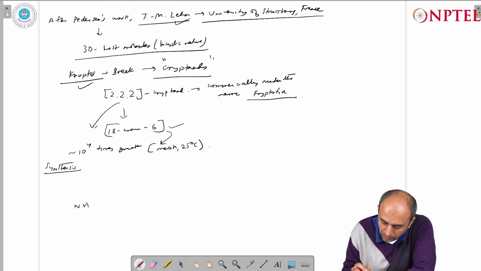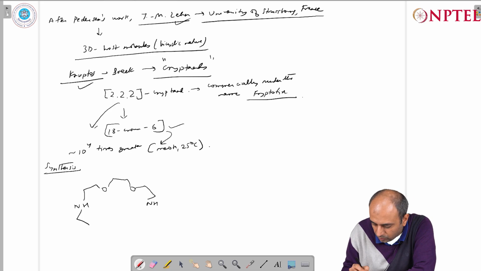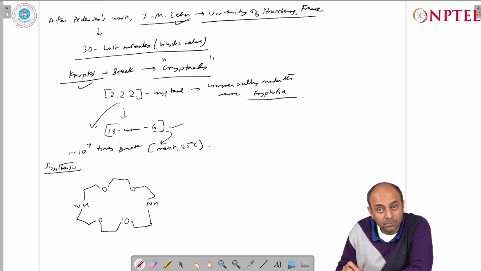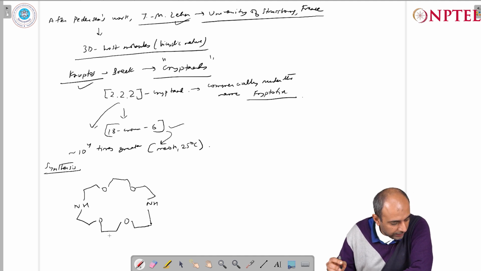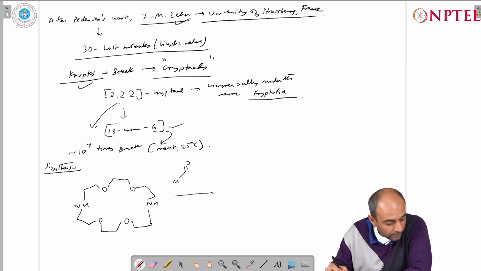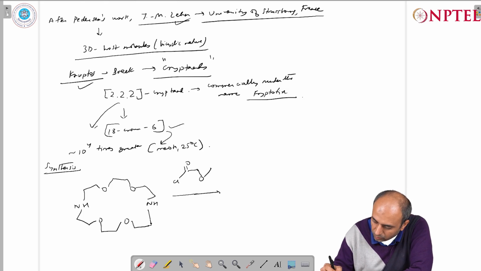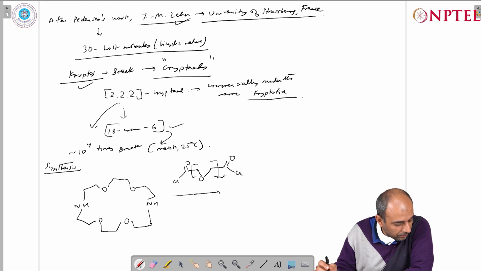So these started with, we looked at it in the last lecture where we took this particular cyclic host which has 4 oxygen atoms and then 2 NH groups, and we had derivatized this NH, chemical modification of the side chain by replacing it with R. So now if we can again start from this cyclic ether, and we can first treat it with this particular reagent, which is the dichloro compound, and then under the principle of high dilution